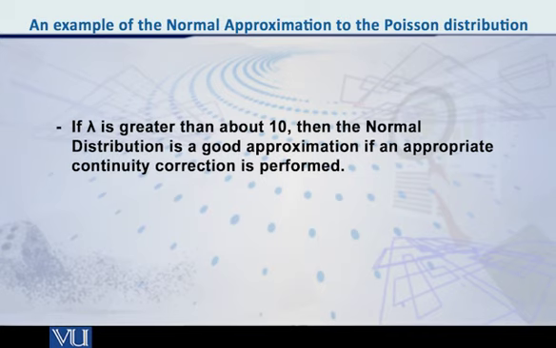So if, for example, in general problems that we encounter daily, if lambda is greater than about 10, even then, even agar 10 bhi hai to, the normal distribution will be a good approximation if an appropriate continuity correction is